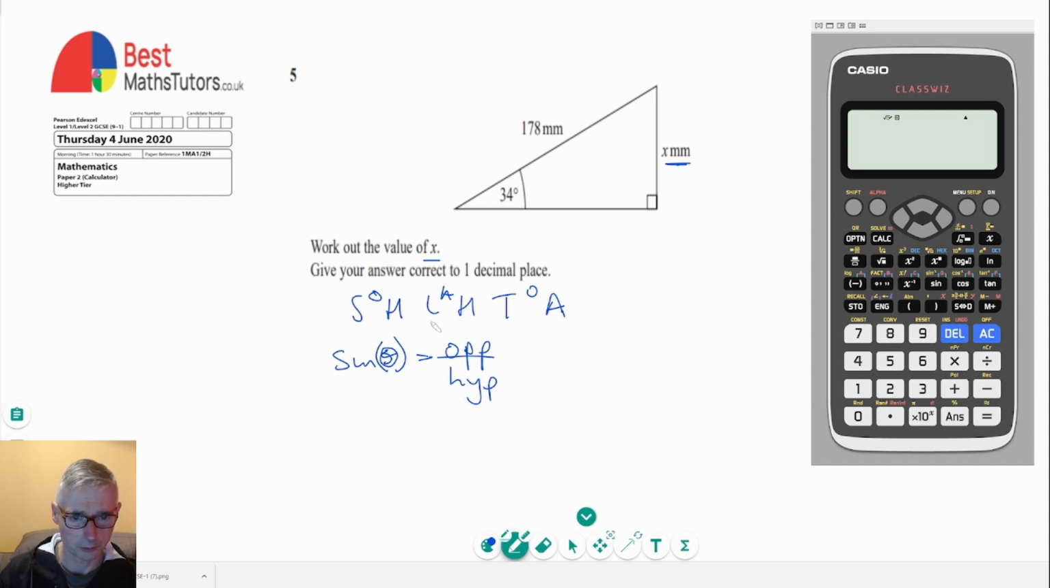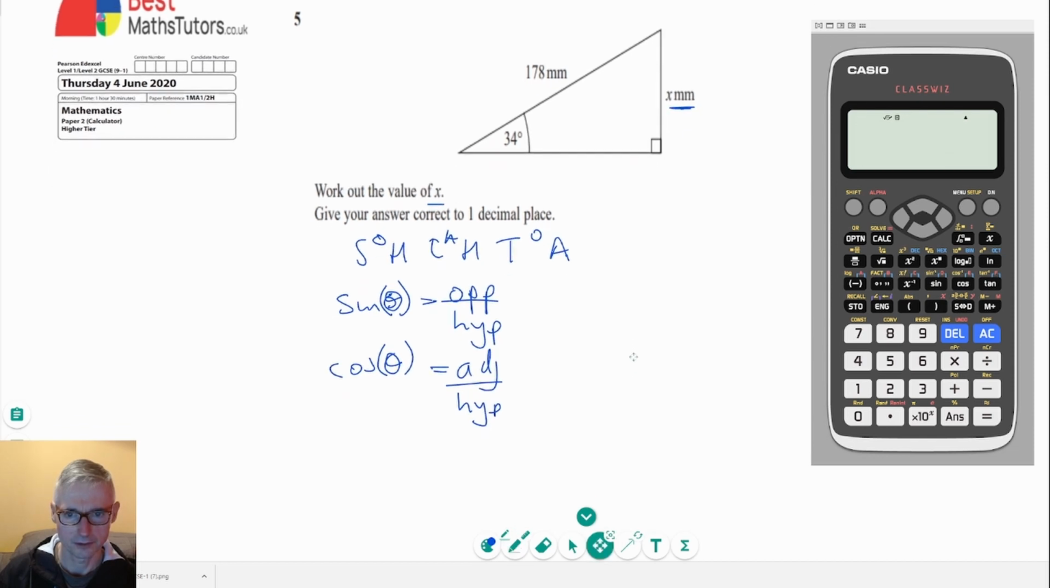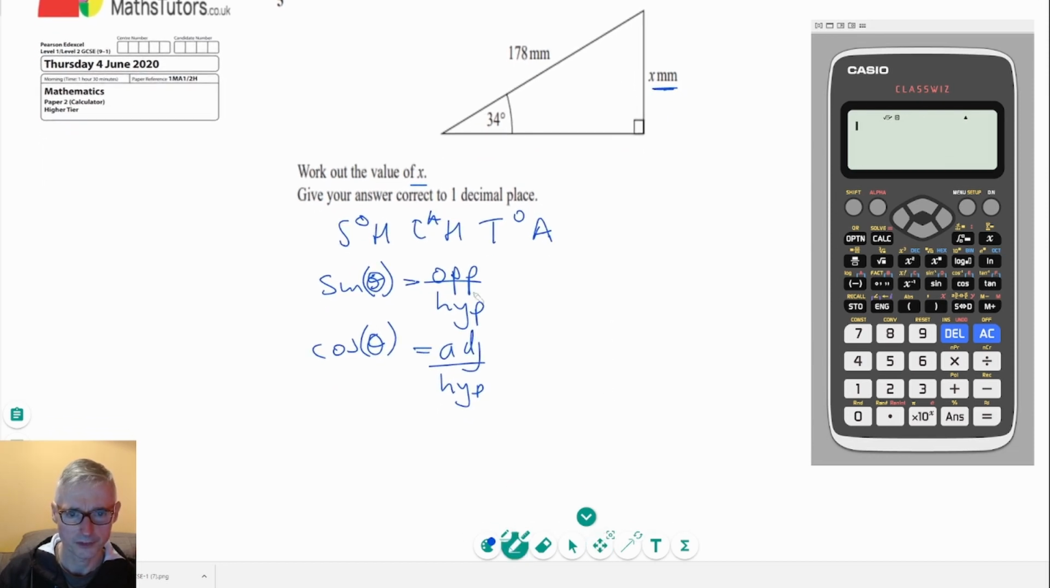And if we do a similar thing for this one, C, that stands for cos. And I'm going to again use this Greek letter, theta, it doesn't matter what letter we were using. And cos is equal to the adjacent over the hypotenuse. And the last one, T, stands for tangent, which is tan of the angle is equal to the opposite over the